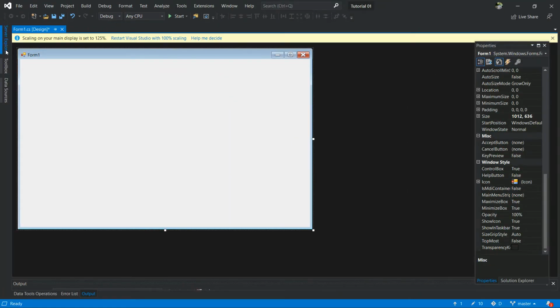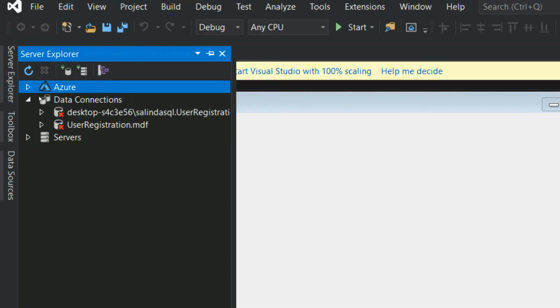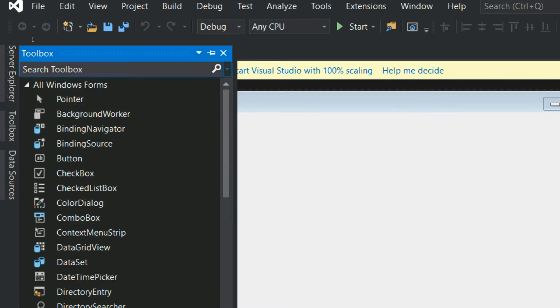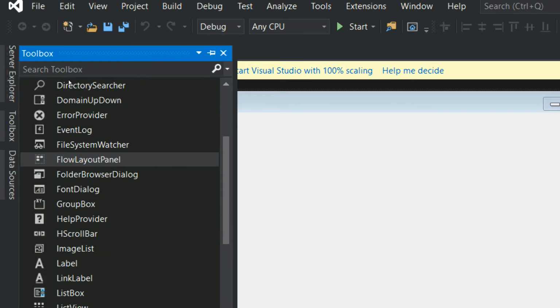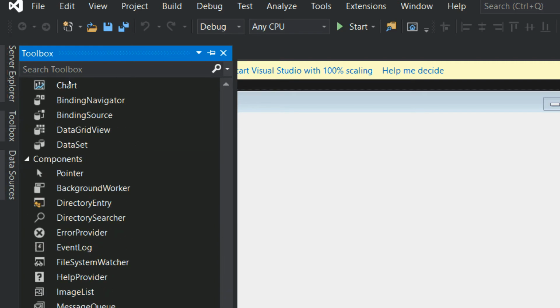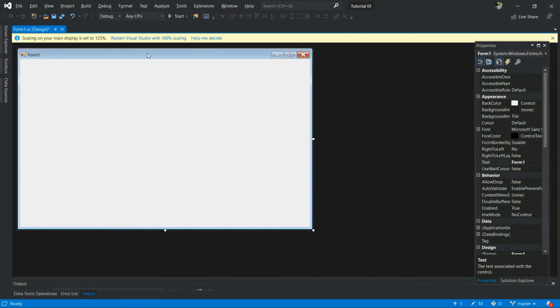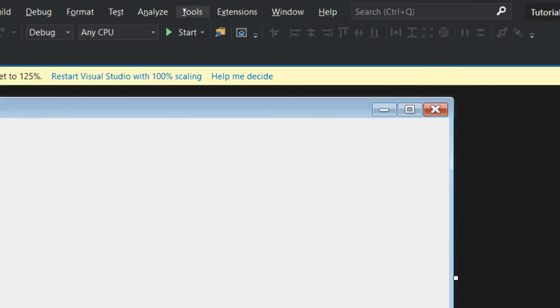Inside the Server Explorer, you deal with databases. And then we have the Toolbox to add controls into this form. Here you can see a lot of tools.